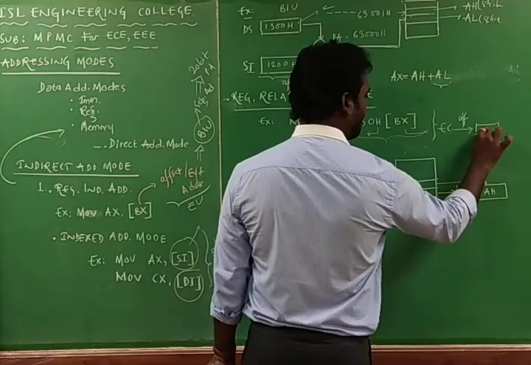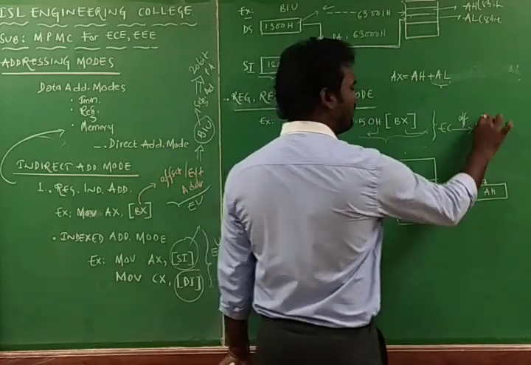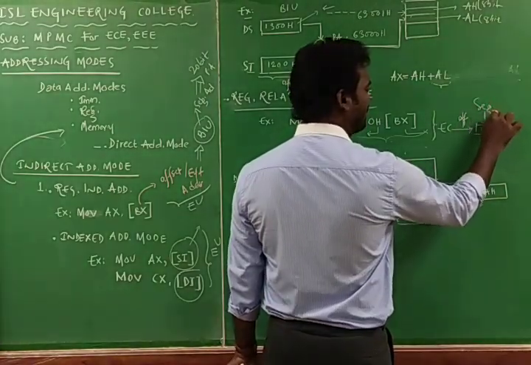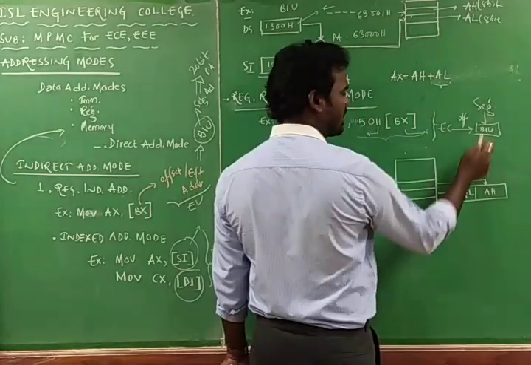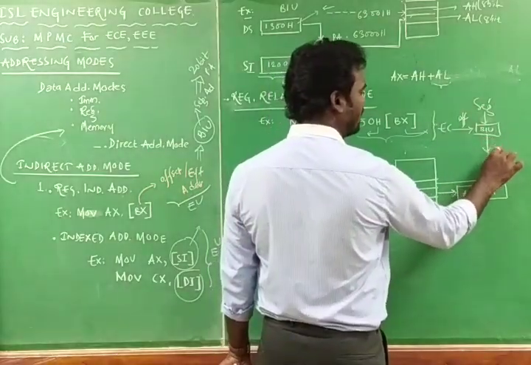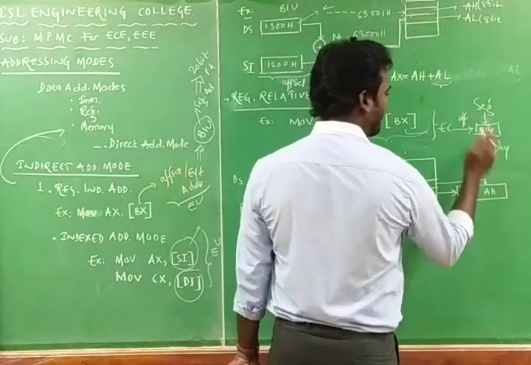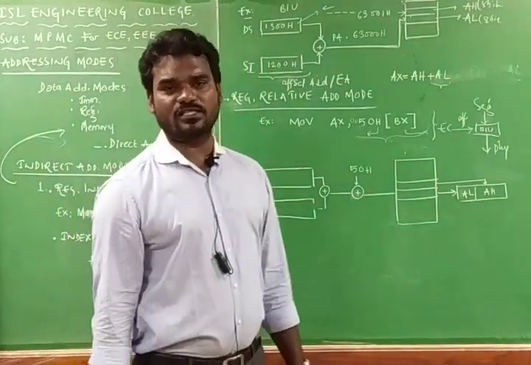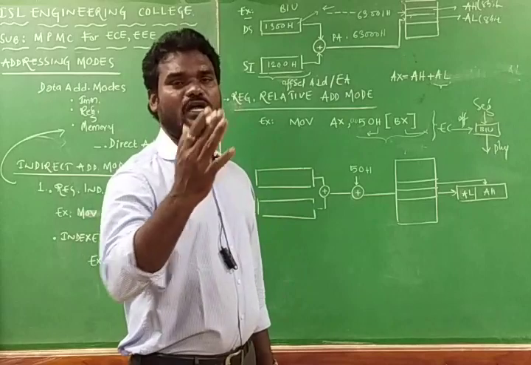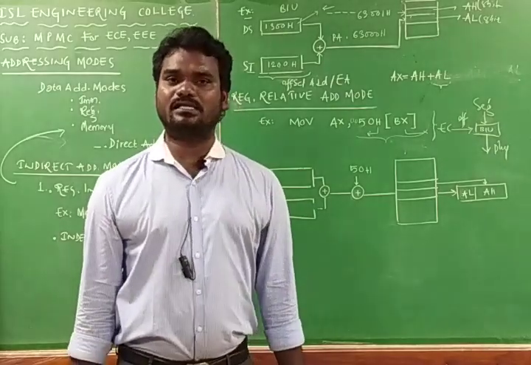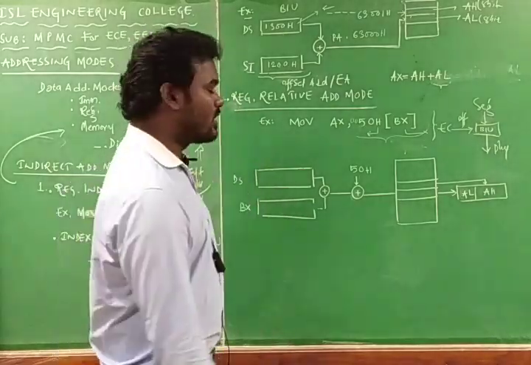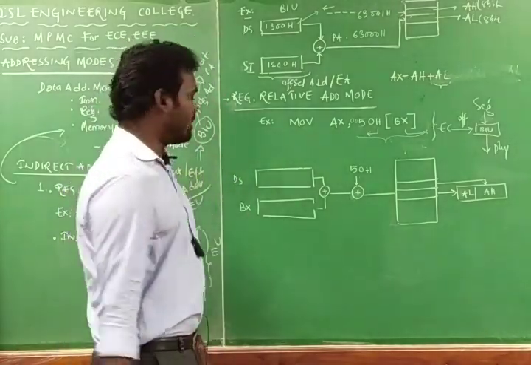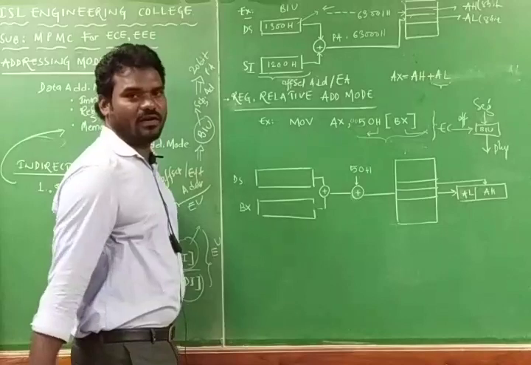It is giving it to the bus interfacing unit, in which you have the segment address, and offset address plus segment address are going to generate the physical address. By knowing the physical address in the 1 megabyte of memory, the 8086 microprocessor directly goes to that particular memory location, so that it can access whatever operand is located there. So I am going with one particular example for the register relative addressing mode.